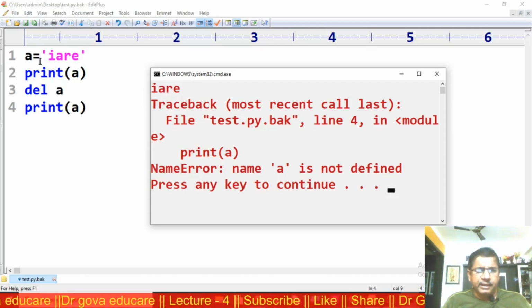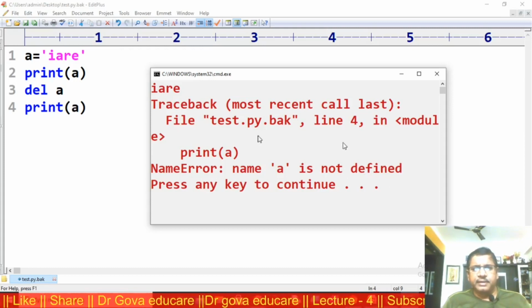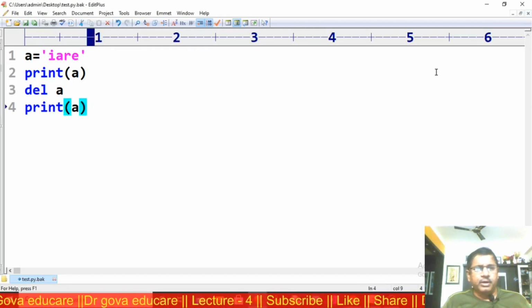I am deleting the variable A. I am trying to print A. We get an error. The error is called NameError. That means name A is not defined. This is the way to delete either a variable or an object.